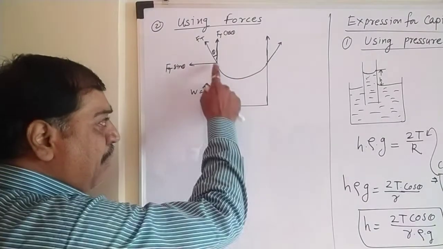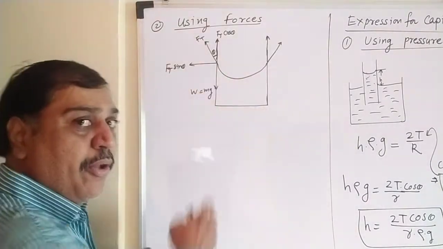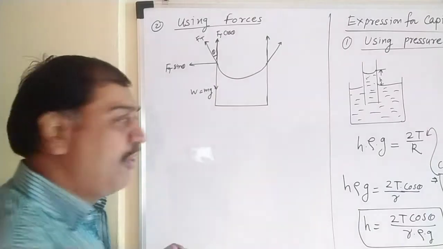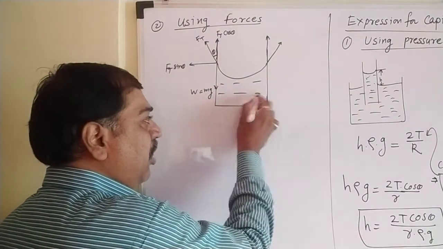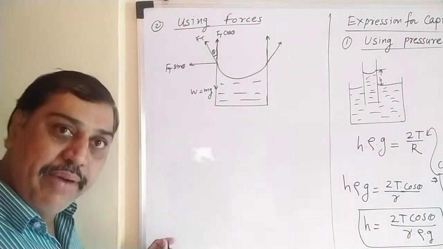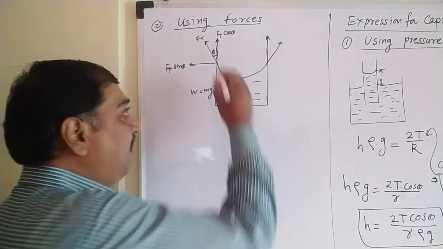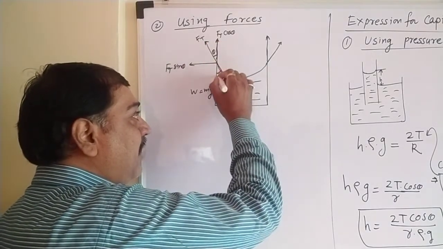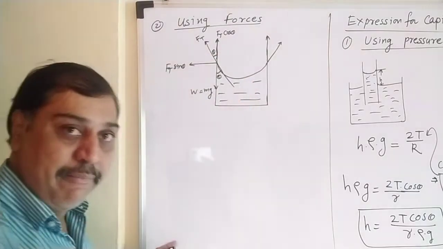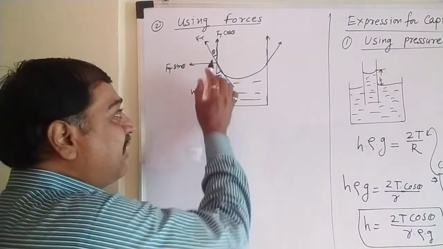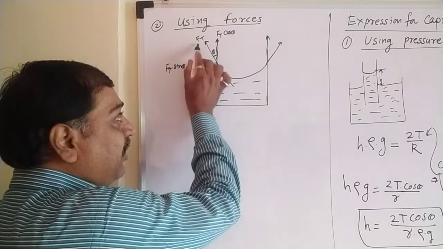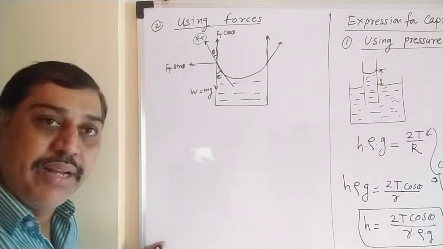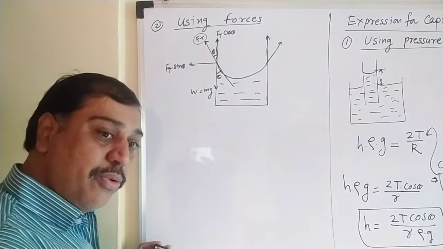So let's consider this capillary tube. This is the concave part of the capillary tube. That means what we have taken, again here we have taken water, so there must be a rise in the liquid level as compared to normal. Now this tangent I have drawn, we can draw it here also. If this is theta, the opposite angle is also theta, the angle of contact. Now here the resultant force due to surface tension is Ft. This Ft is nothing but the resultant force due to surface tension.